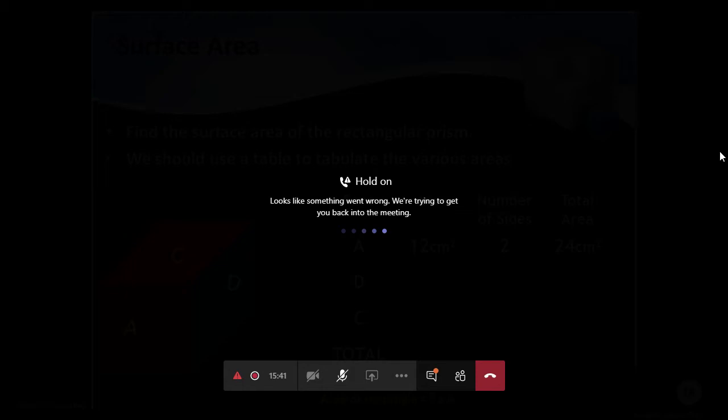Why am I multiplying 20 with 2 to get 40? Because there are two such sides, one face is just at the bottom. I showed it to you in the previous slide. Now the total number of sides is 6. Add them all and we get the total surface area, 94.